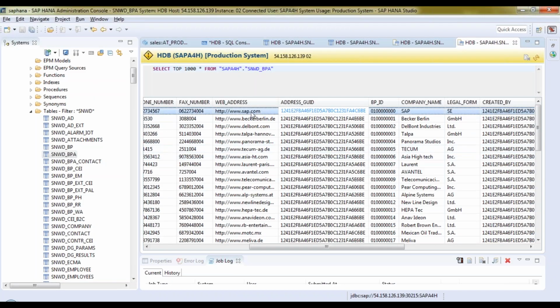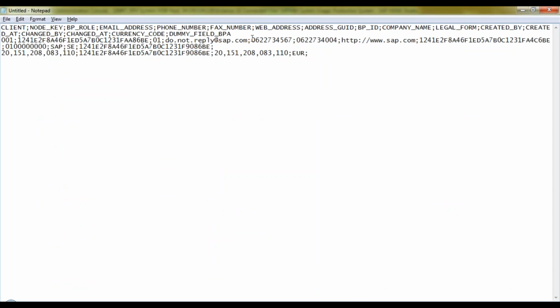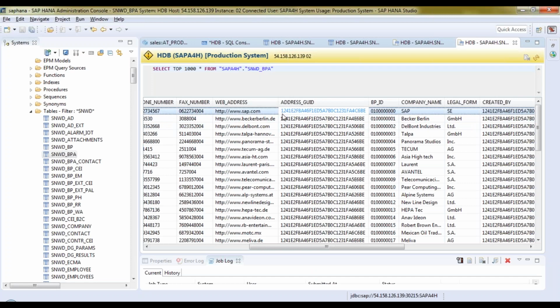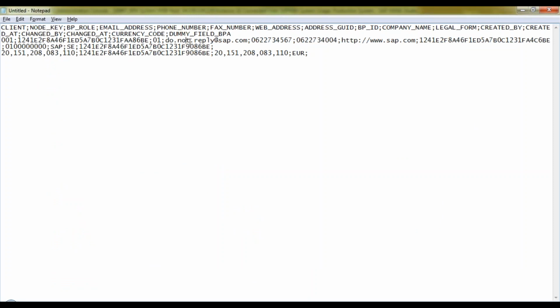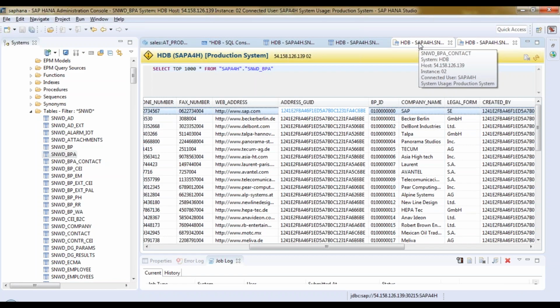So there is this column web address. After that, there is a GUID. So after web address, okay, there are too many GUIDs here. 6BE at the end. All are 6BE. 1241 A4C 6BE. This is not the one. Yes, this is the one. This is the right GUID. Yeah, after sap.com. Correct. So I copy this GUID from here and just check in the business partner address table